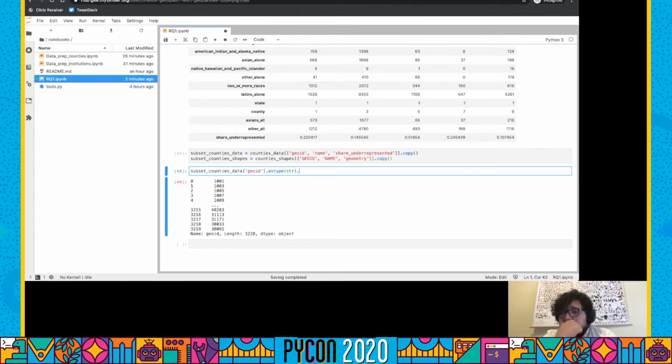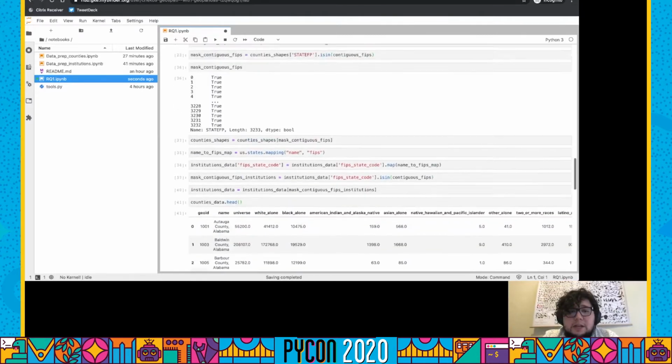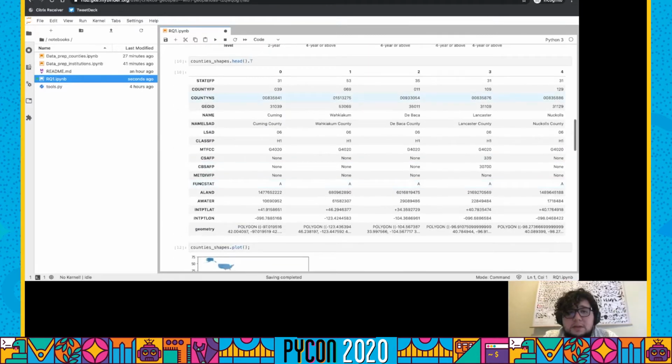So the way we apply string methods to a series, just like we did earlier, is by the string accessor, right? We're gonna do str, and then we can actually call string methods onto it. Zfill, and we're gonna do 5 because we want it to fill up to 5. Voila. Now you have this 0 before, which is important because in our county shapes, it actually,